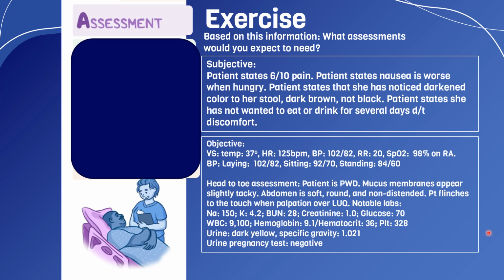Patient also had a urine done. The urine was dark yellow with a specific gravity of 1.021, and a urine pregnancy test was negative. So taking a look at this